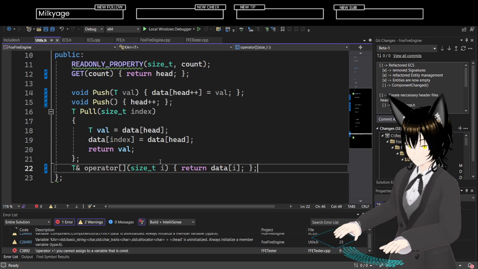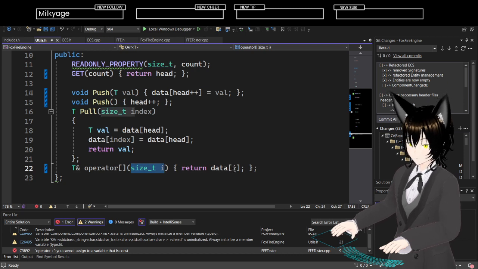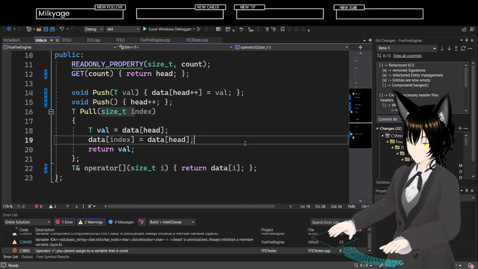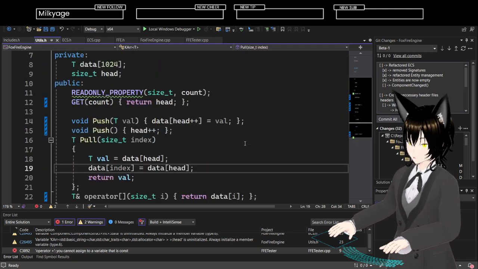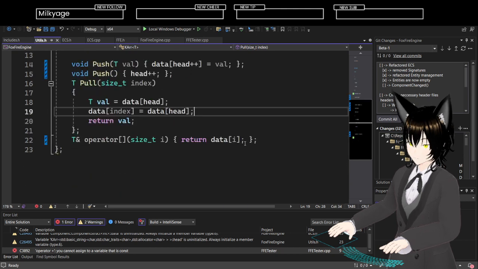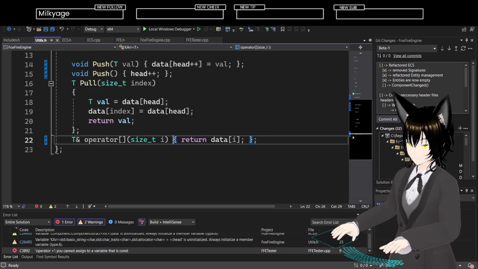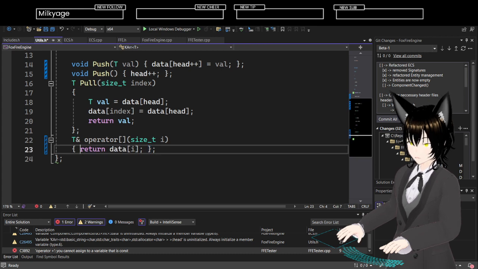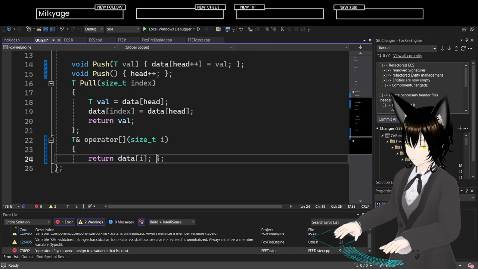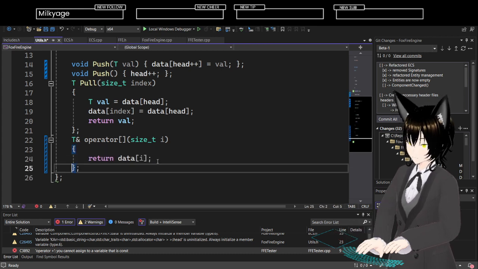Size T I. Add index I. Well, I also need to do some assertions, but I think it'll be fine.